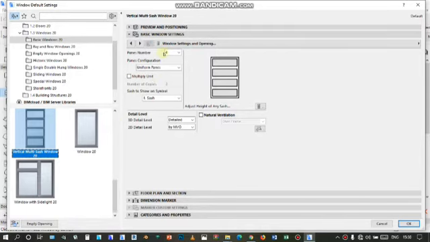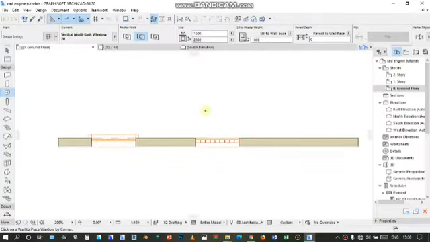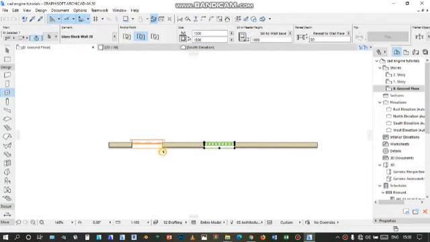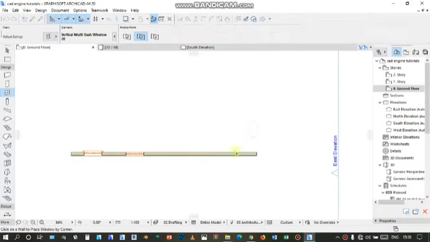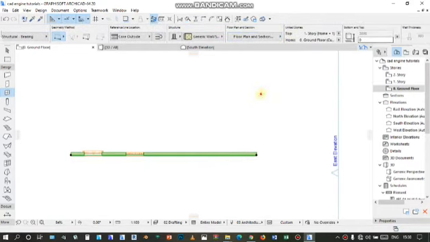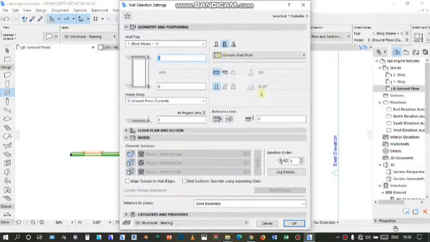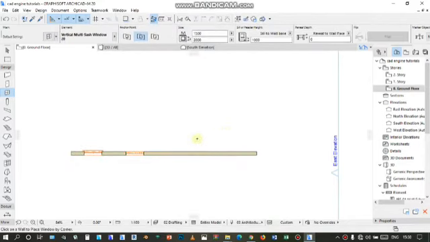Before we continue, let me set the wall height to 12,000. Okay. Now, before you put the vertical multi-sash window, you must have calculated where the window sill is,